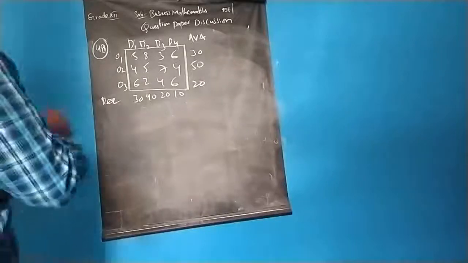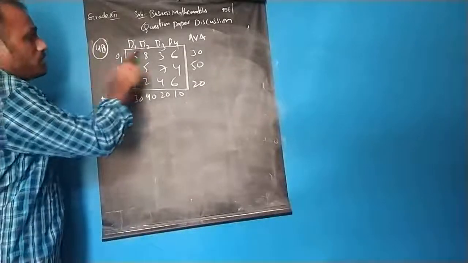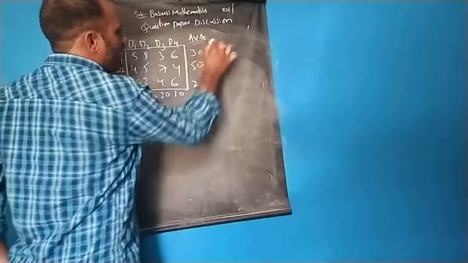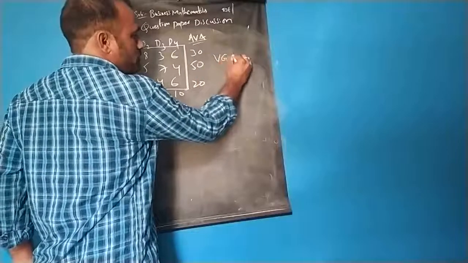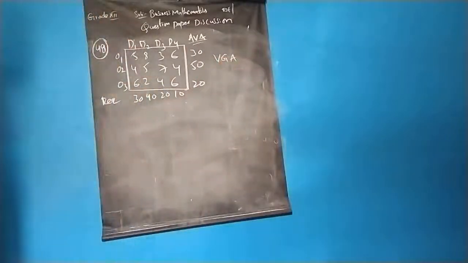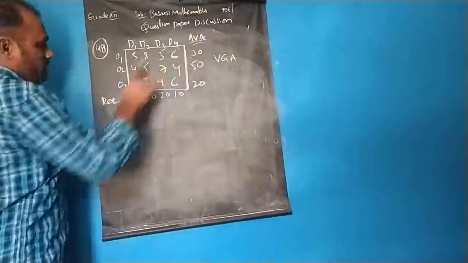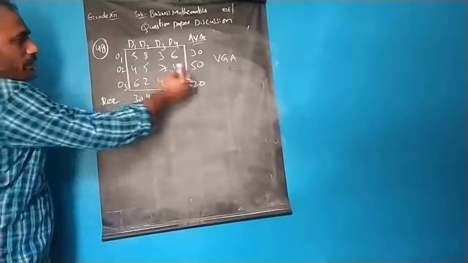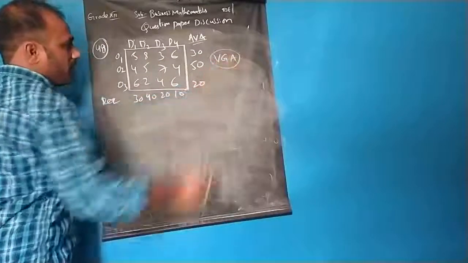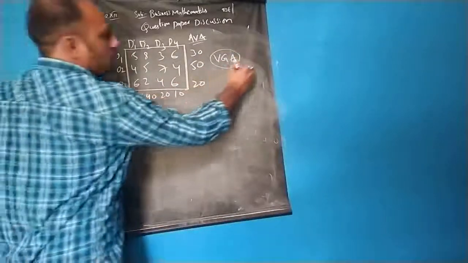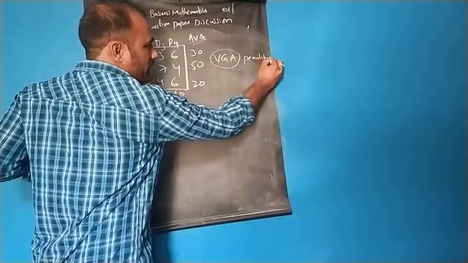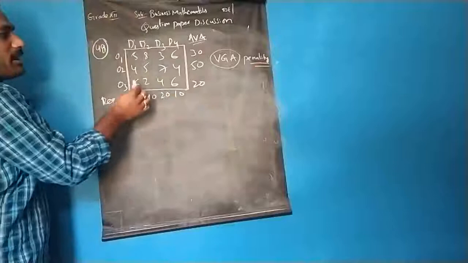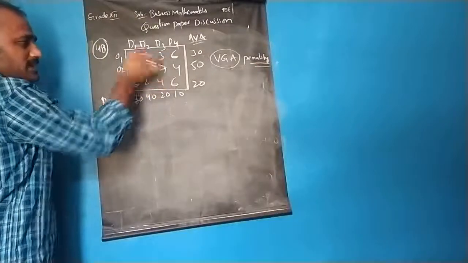Okay students, next let us see the 48th question. The question is talking about Vogel's approximation method, the VAM method. By the VAM method we have to solve this given data. Here AVA stands for availability and requirement. Whenever Vogel's approximation method is used, we have to concentrate on the term penalty. How are we going to obtain this penalty? Just by subtracting the smallest number from the next highest number.